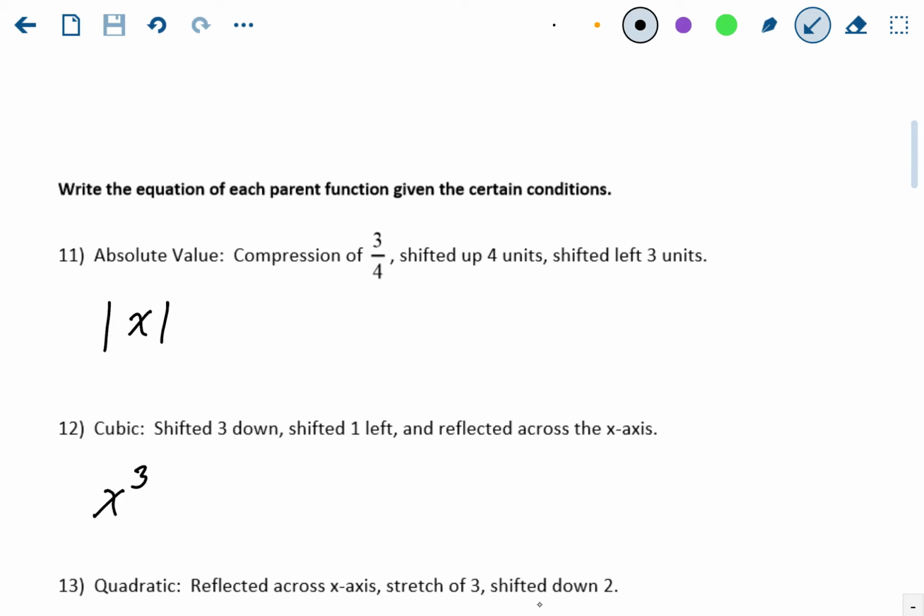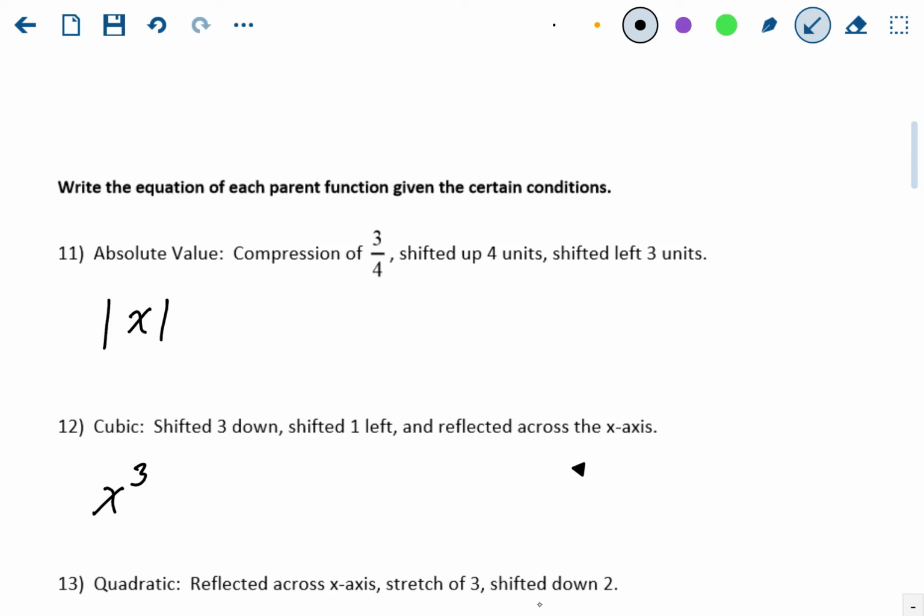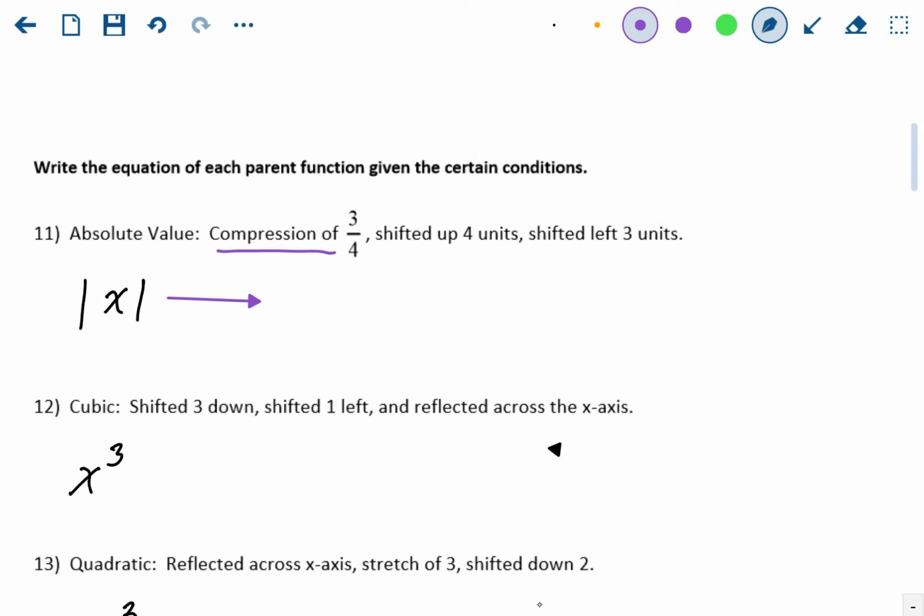Okay, so for each of these they give you a parent function and then certain conditions on how it changes. So this first one: absolute value, compression of 3/4, shifted up 4 units and shifted left 3 units. Okay, we can just go through this piece by piece. We've got the absolute value of x there. The first transformation listed is a compression of 3/4. Remember, we only do vertical compressions in Algebra 1. So the compression goes out front. So we're going to have 3/4 out front, and then the absolute value of x